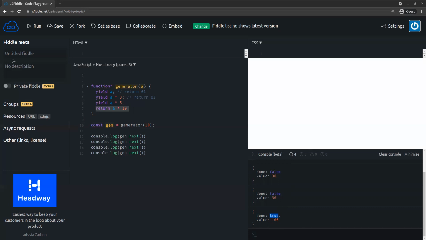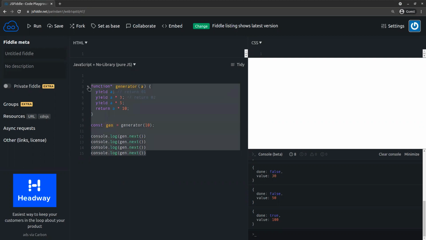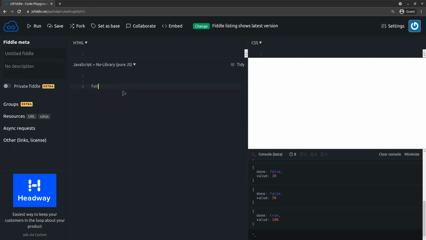And another thing. So let's create a program with a generator function. I'm creating a Fibonacci series with a generator function, with the same syntax: function star, then Fibonacci. I'm calling it fibo.